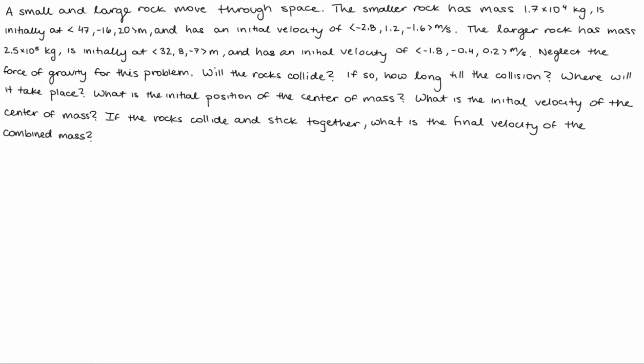A small and a large rock move through space. The smaller rock has mass 1.7 times 10 to the fourth kilograms, is initially at 47, -16, 20 meters, and has an initial velocity of -2.8, 1.2, -1.6 meters per second. The larger rock has mass 2.5 times 10 to the fifth kilograms, is initially at 32,